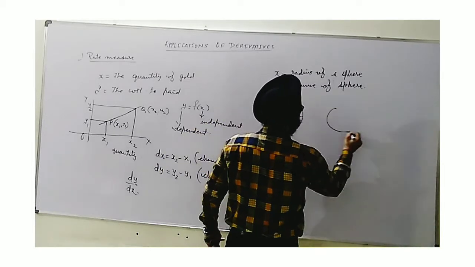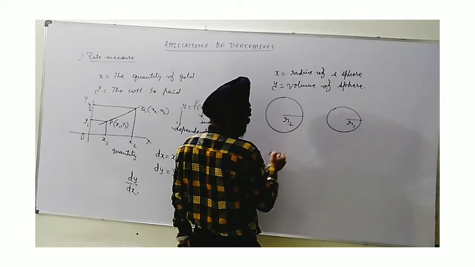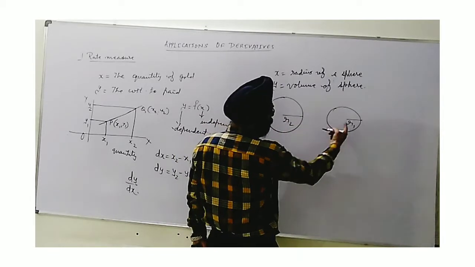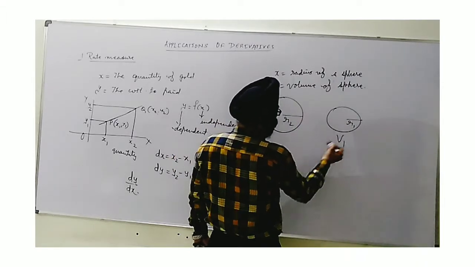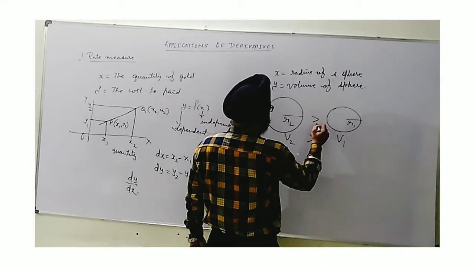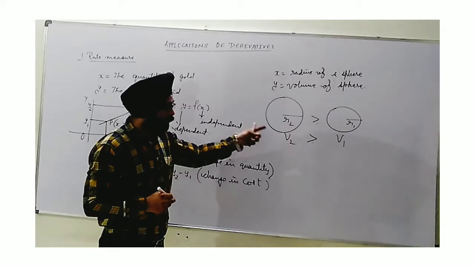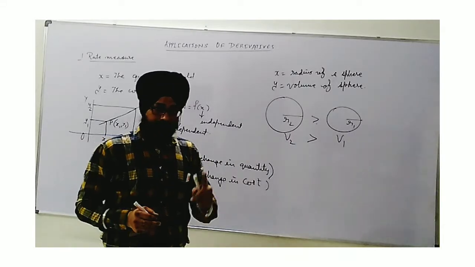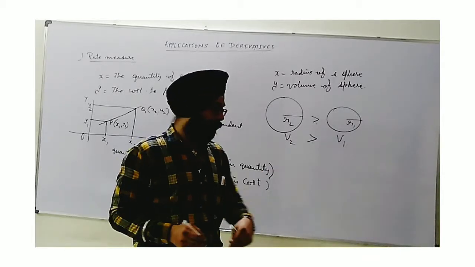two cases, R1 as the first radius and R2 as the second radius, obviously R1 is smaller than R2. So volume V1 is smaller than V2. We can see that volume directly depends on R. So this is written as volume is a function of R. As volume is dependent on R, volume is a function of R.